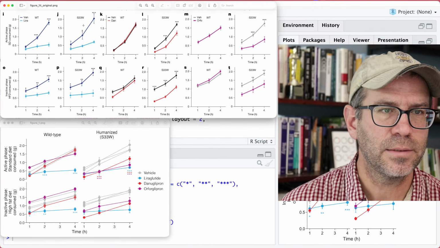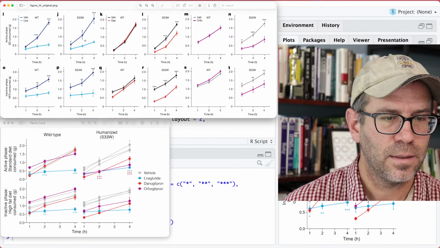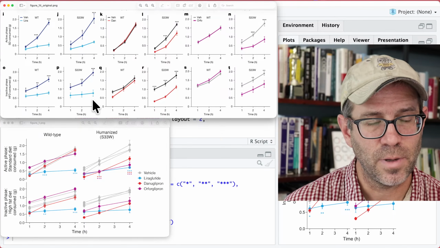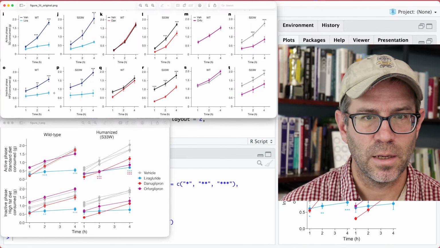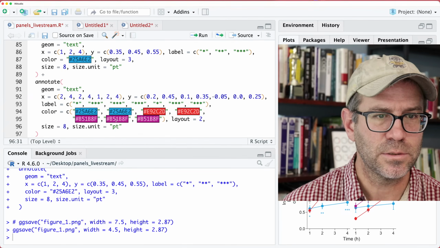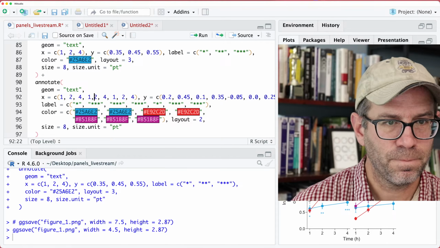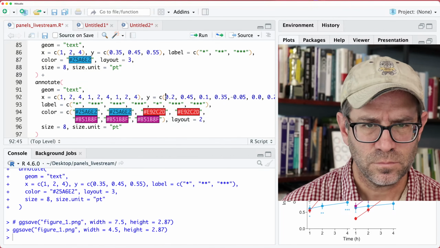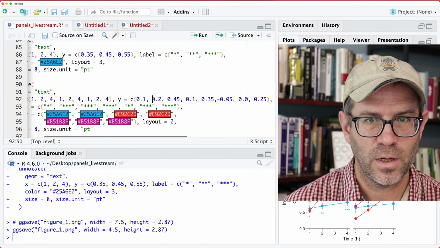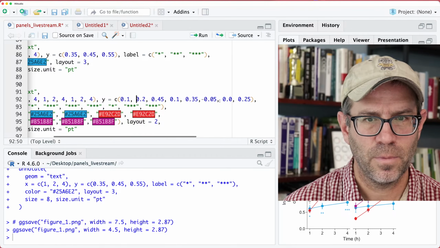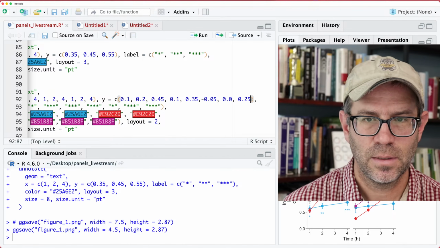And again, we're looking at J, L, and N. But in the bottom row, right? And so there's a single star, a triple star, and a single star. So it's all 9 points are significant, right? And so we want 1, 2, 4, 1, 2, 4. And then here maybe we do like 0, 0.1, 0.2, 0.45, bam, bam. So this is 1, 2, 3, 4, 5, 6, 7, 8. And then let's do like